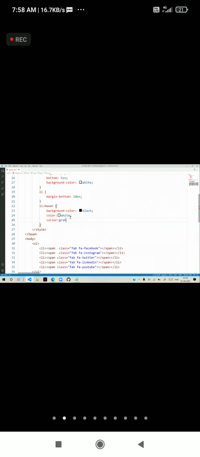Grab means a hand symbol will come. Cursor will have a hand symbol. Now you see what happens is when I move the mouse onto it, it will be highlighted like this. The hand symbol will come and it will display like this. We can keep the options like this.